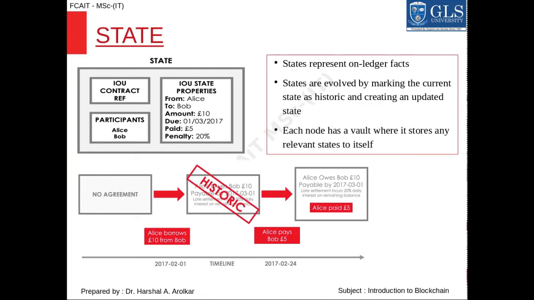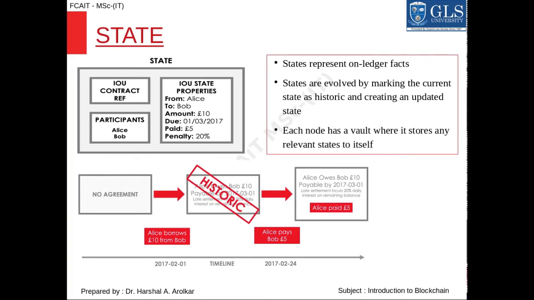Okay. Now, this particular state is stored in a vault, and it is stored in such a manner that we will be able to identify the status of the transaction as of now. Now, the figure below, as you can see, shows a sequence of states. Let us try to understand this particular sequence of states. First, when we start, we have a scenario of no agreement, meaning there was no agreement between Alice and Bob. And then, on 1st of February 2017, Alice borrows £10 from Bob. Fine. Once that has been done, a state is created, and that state is Alice owes Bob